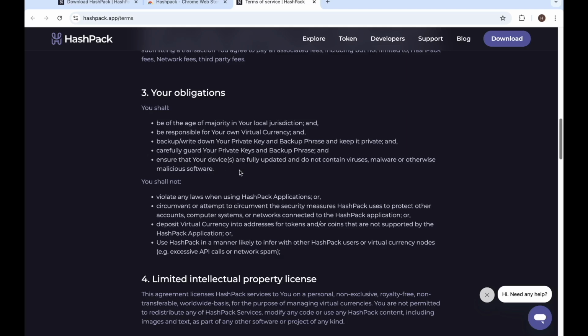For example, you don't want to interact with fake websites that contain malicious viruses or malware. You always want to back up your seed phrase, and make sure you don't give it to anyone.